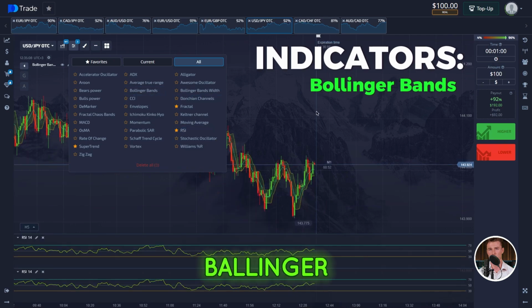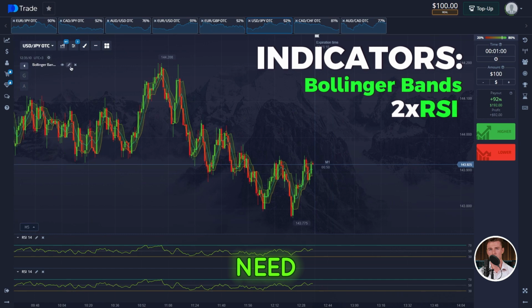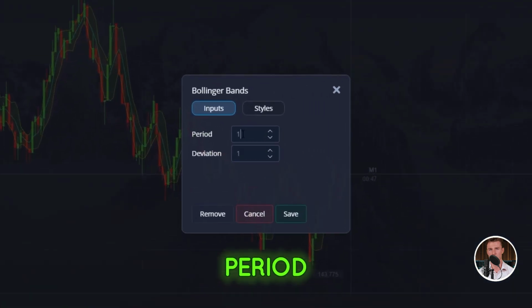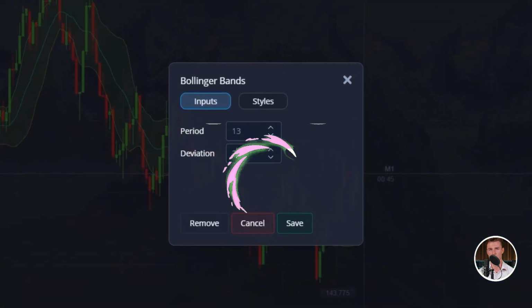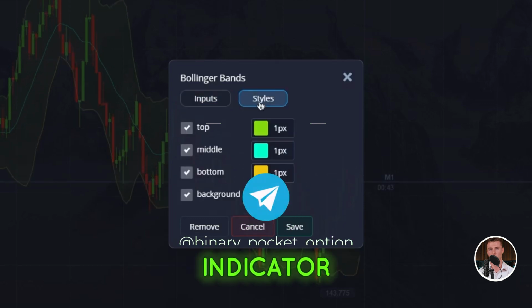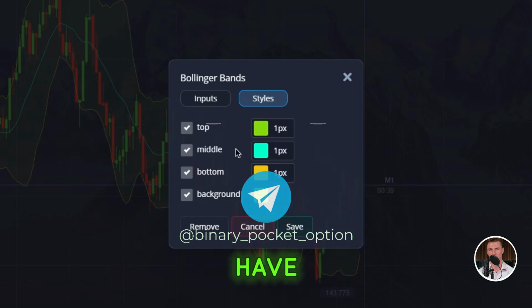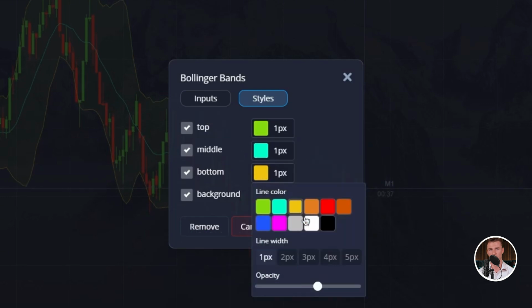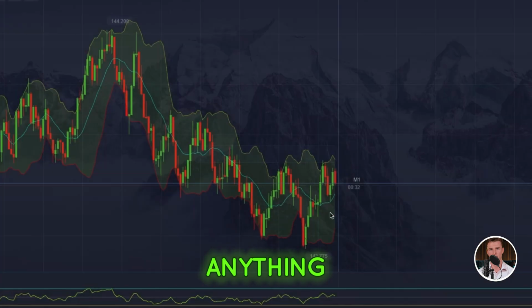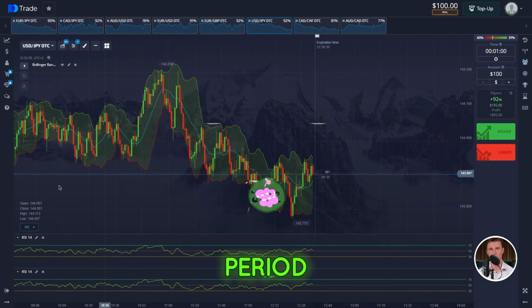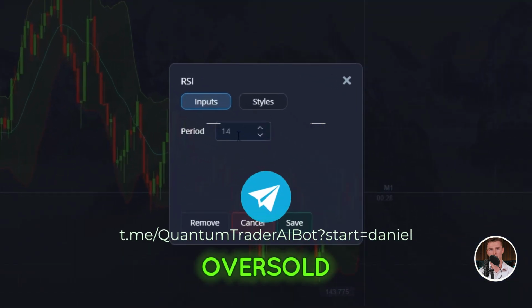Today we will have Bollinger Bands and we will have 2 RSI. We need to make a setting. We set the Bollinger Bands period to 13, deviation to 2, and change the visualization of this indicator. Then we adjust our RSI oscillators. We will have one with a period of 5. We leave the overbought oversold area at 70 and 30. Do not change anything. The second, with a period of 10, we will also have an oversold and overbought area